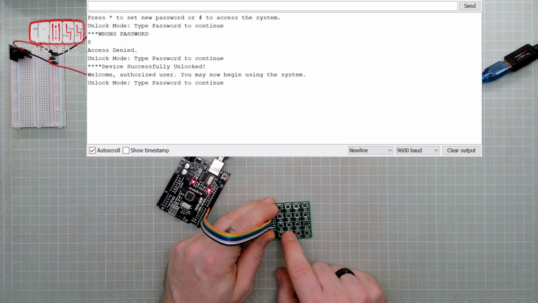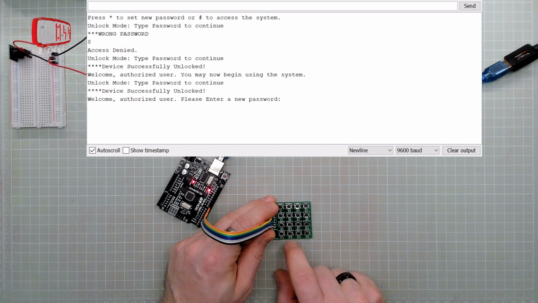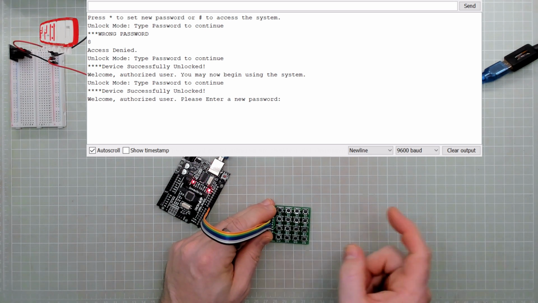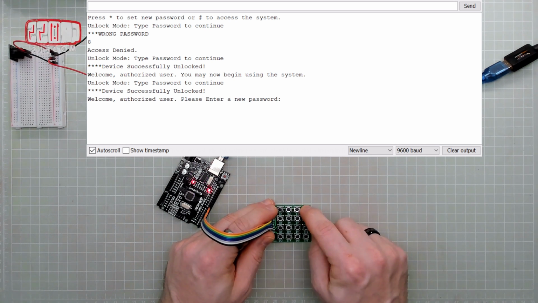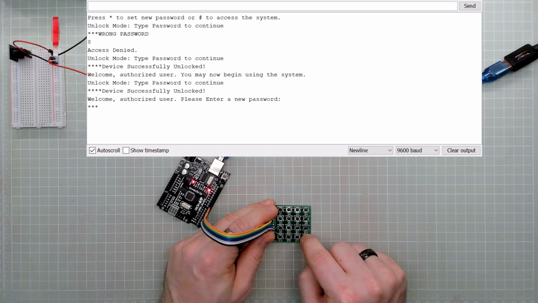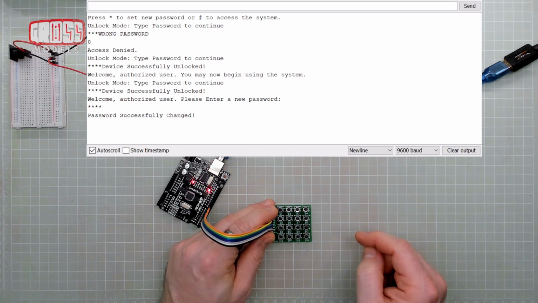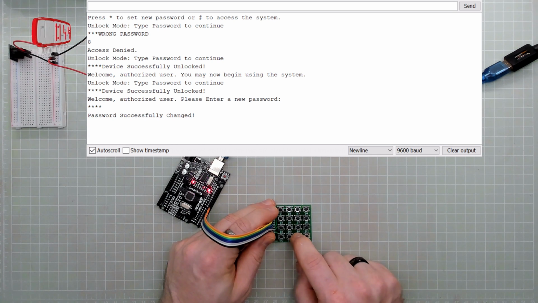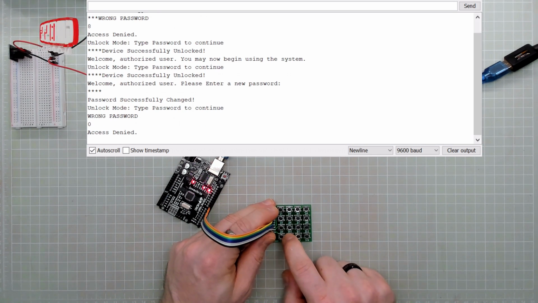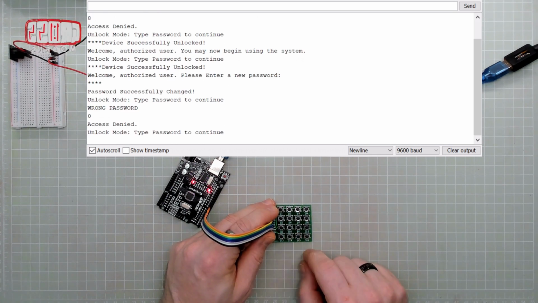Unlock mode, password to continue. Let's put in 0000. Please enter a new password. Let's put in ABCD. So we've got to go down the side there: A, B, C, and D. Password successfully changed. So if I try and access the system, if I put in the old one, access denied. If I put in the new one,